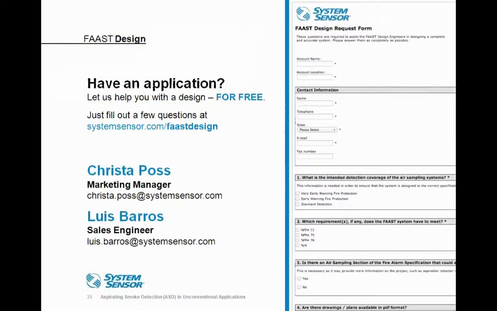What's next? If you do have an application, as I mentioned, if you're looking for one of these challenging environments or mission critical, whatever, we do have a dedicated design team which would be more than happy to assist you. It is free. There's no cost associated. Just simply go to that